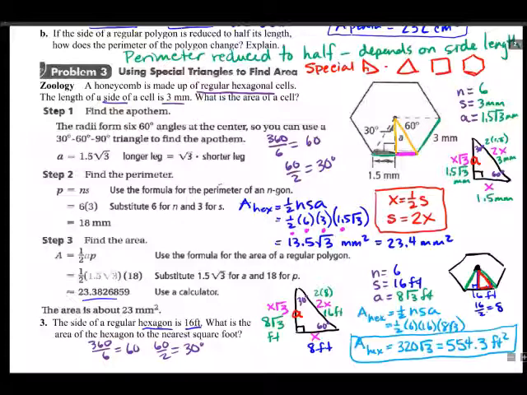So I now have n, s, and a. I write my formula. The area of my hexagon is 1/2 NSA. I put my numbers in. And once again, I multiply 1/2 times 6 times 16 times 8. That gives me 320, and I put the square root 3 on it. So I get 320 square root 3 feet squared,